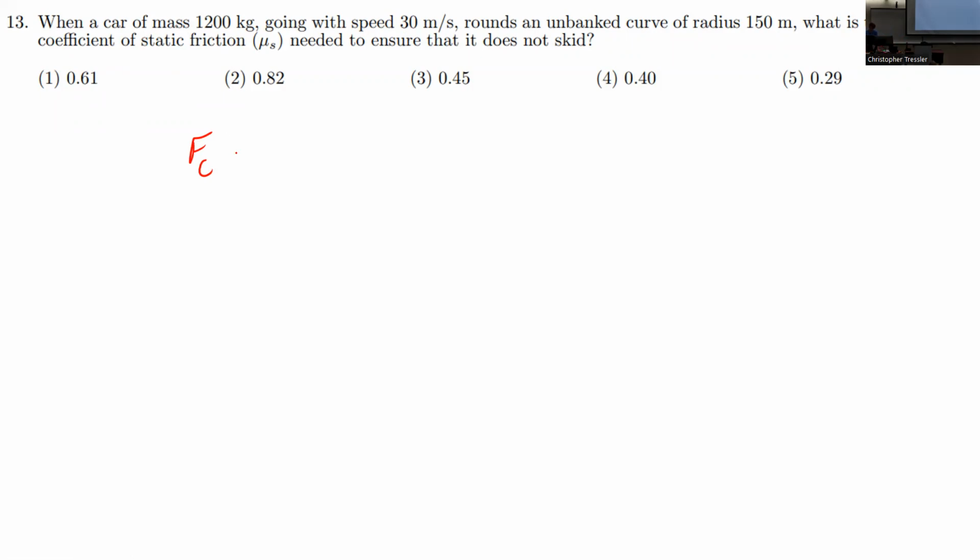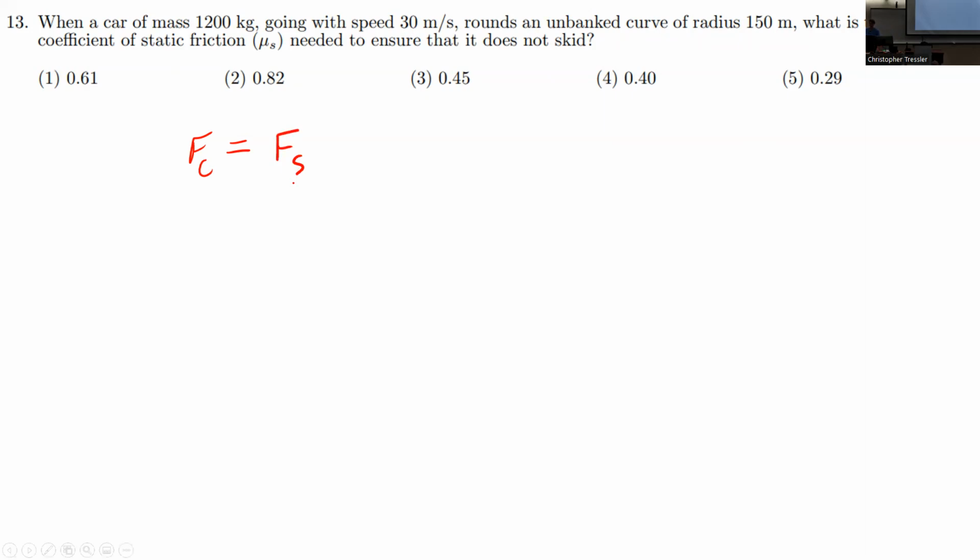So we're looking for the force of static friction, and this is unbanked, so there's no force like gravity messing with this. There's no angle that we have multiple forces with. So we're going to say the force of centripetal acceleration is equal to the force, let's just say static friction,